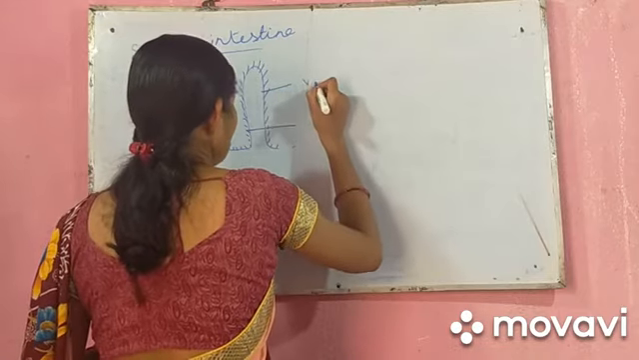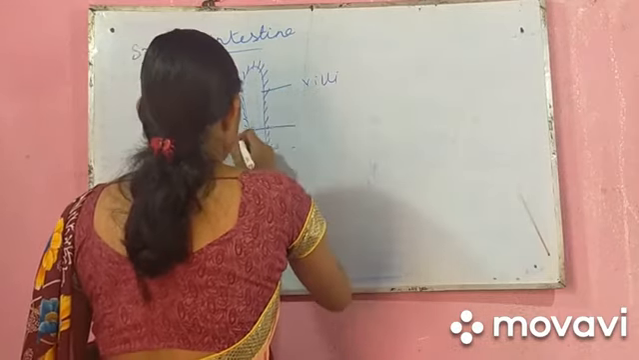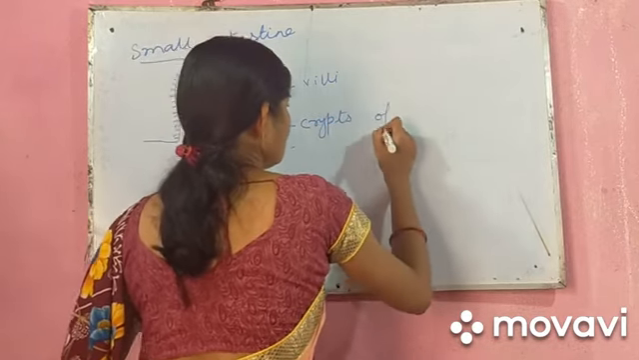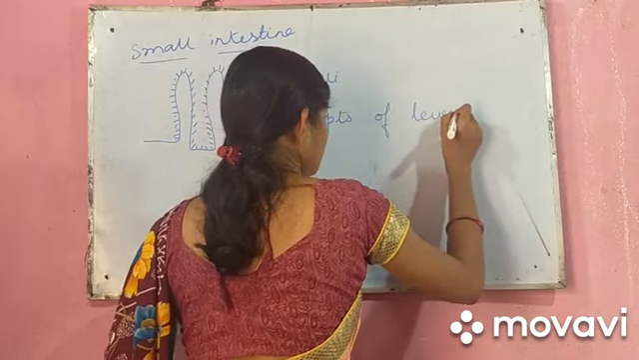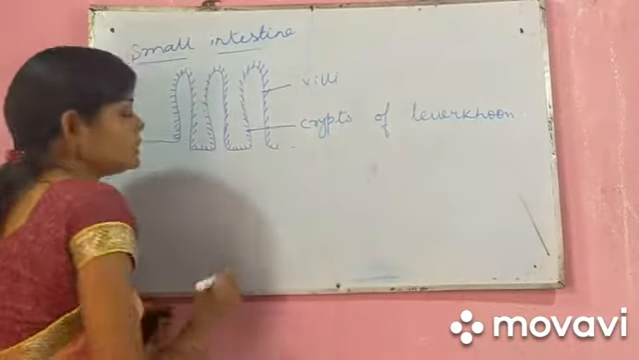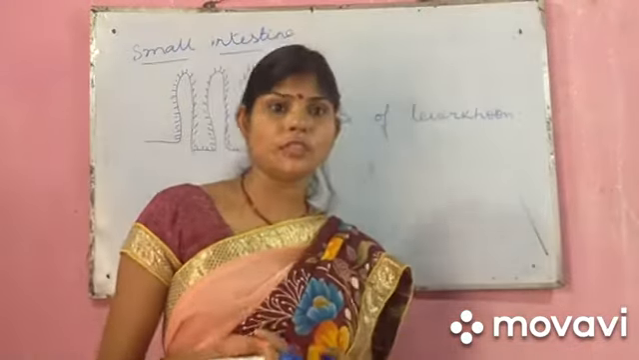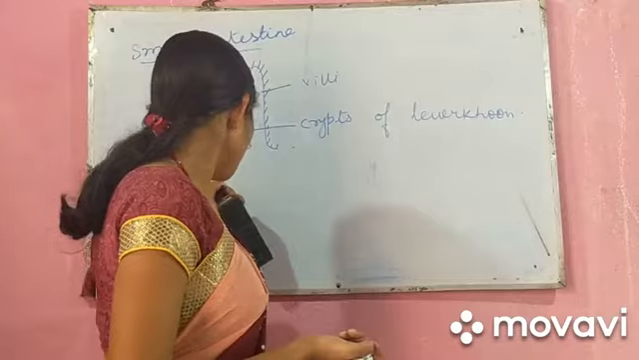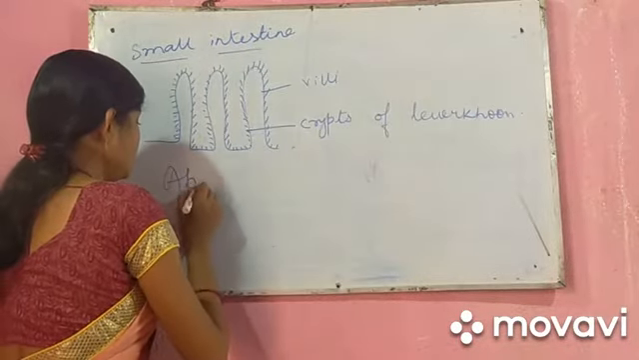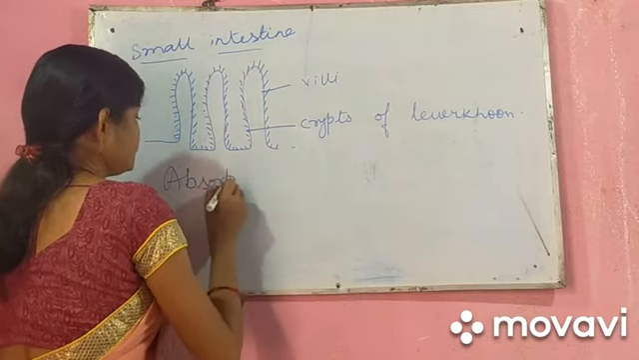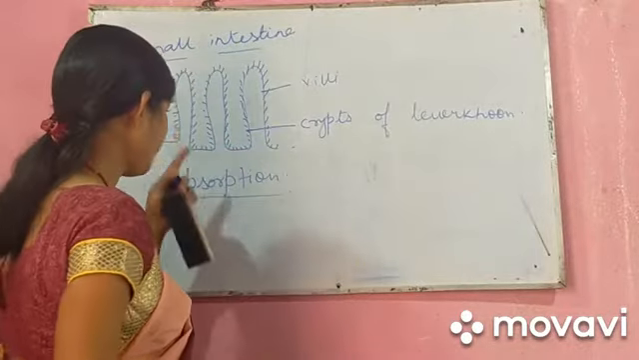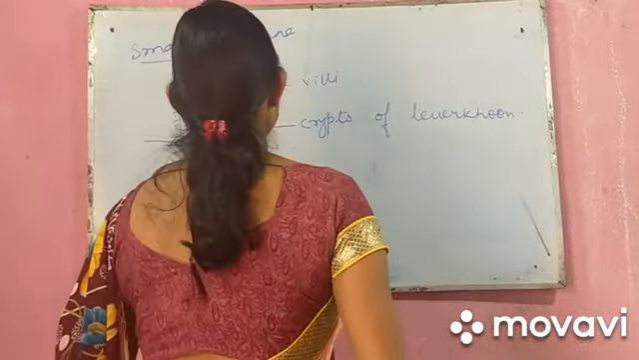that are called villi. These are the fine, small, finger-like projections of a part of the small intestine which help in absorption. The digested food particles have to be absorbed. In this part, in these microvilli,